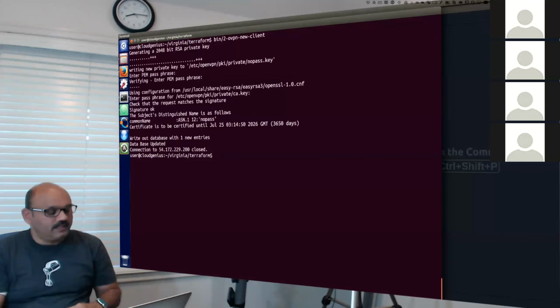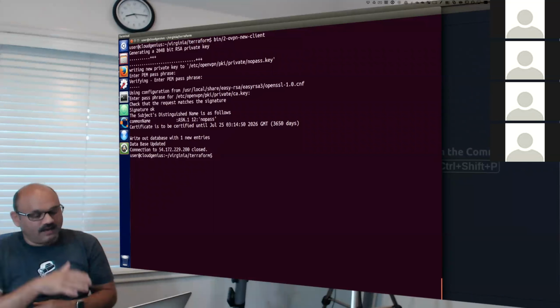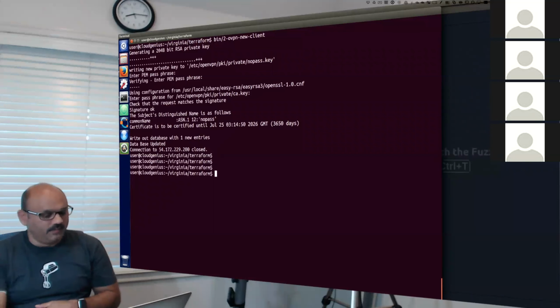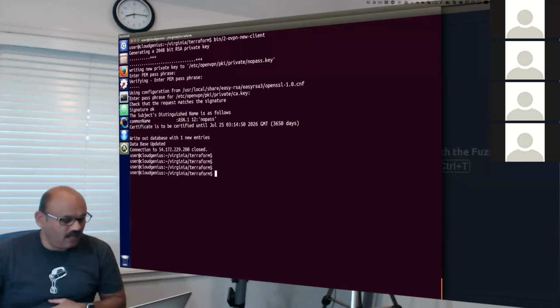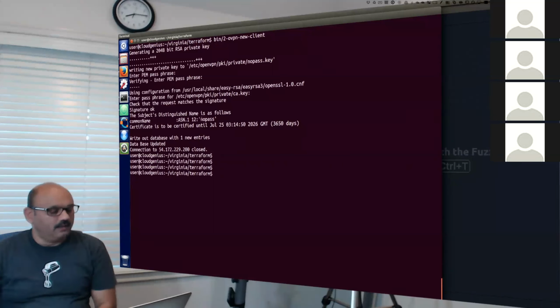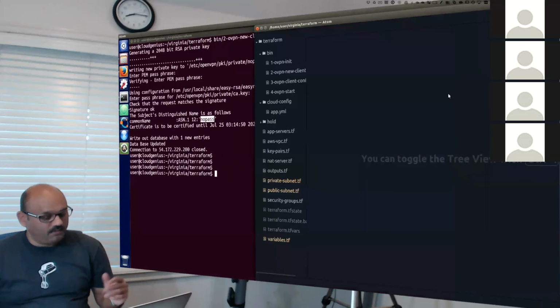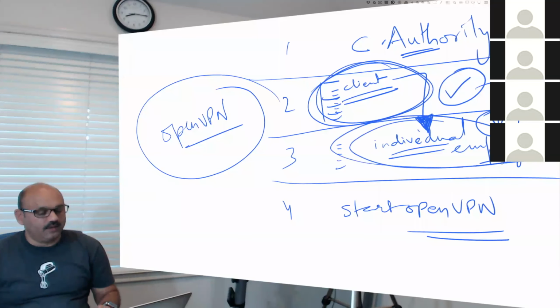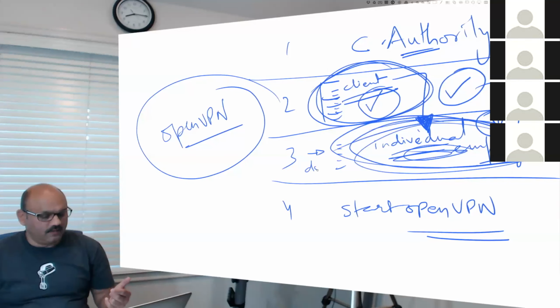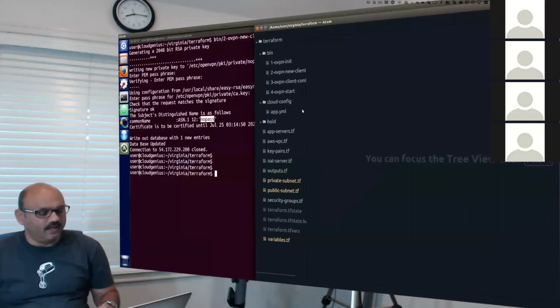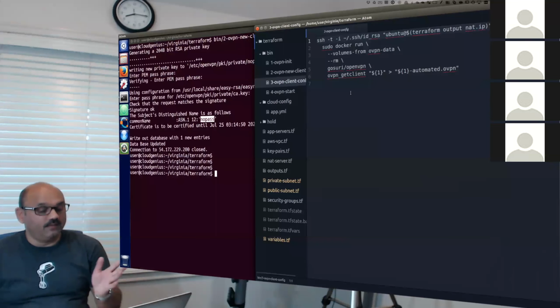And now it says, yeah, I created a client and I have it safe on the OpenVPN server. But we are on the CloudGenius workstation here. And the certificate is available in that location on that computer, far, far away from us. So we have to bring it down. That is why I'll give it to this employee. So the client certificate generated, we have to give it to this employee, for which we need to bring it down to this machine. We can do that in step number 3. And what this does is bring down the client certificate.